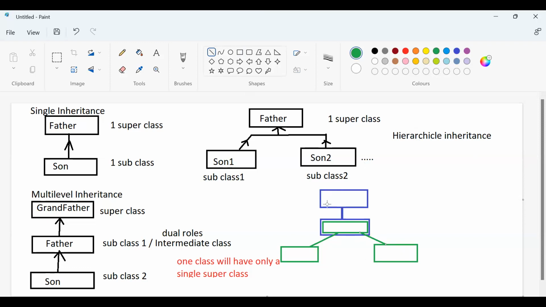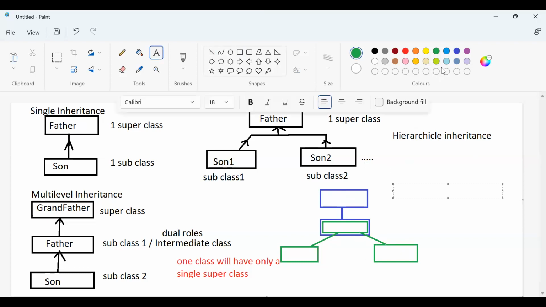The blue part is which inheritance? Single inheritance, and the green part is hierarchical inheritance. Hierarchical. Now when I mix both of them,